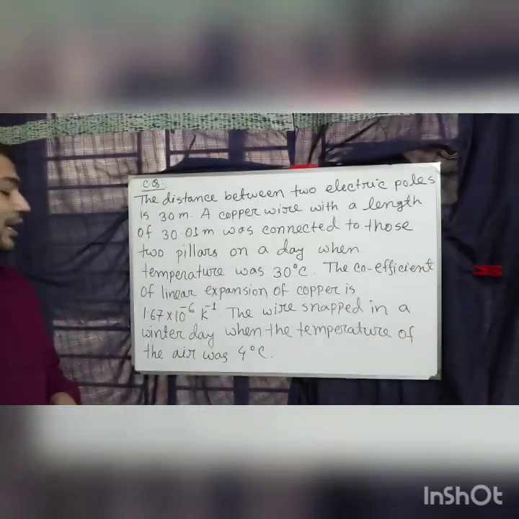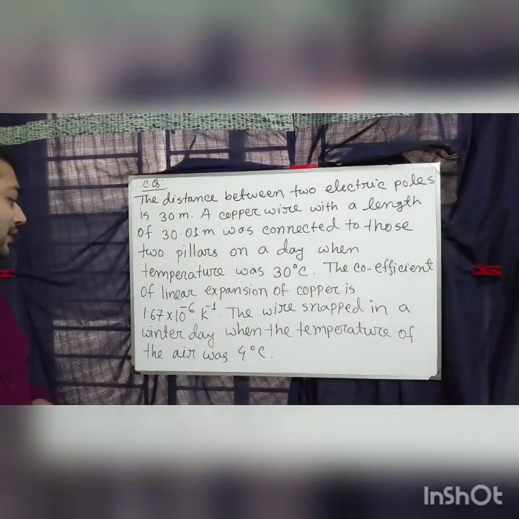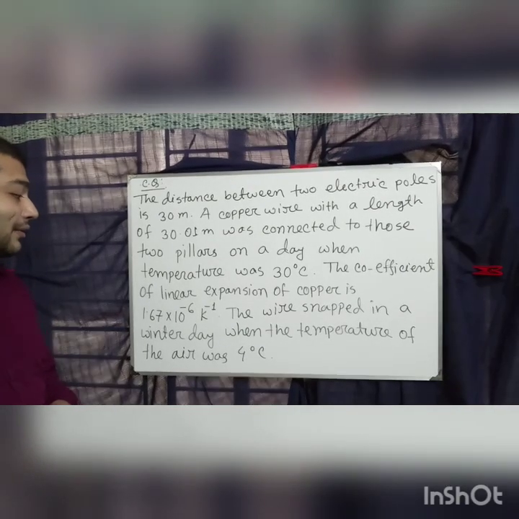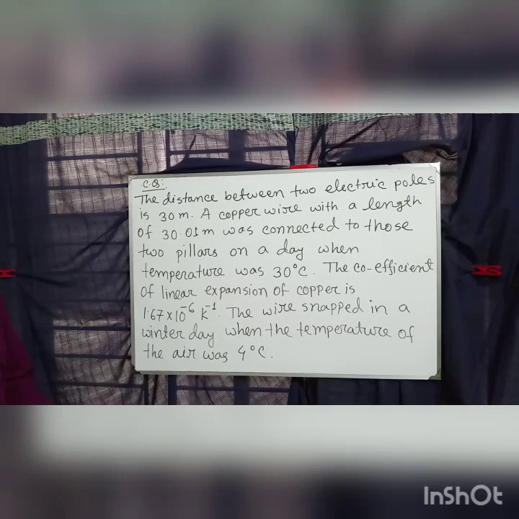The coefficient of linear expansion of copper is 16.7 into 10 to the power minus 6 per Kelvin. The wire snapped on a winter day when the temperature of the air was 4 degree Celsius. Now the questions are: